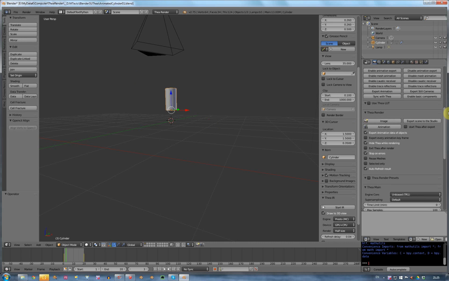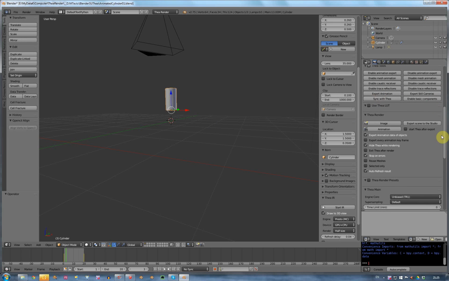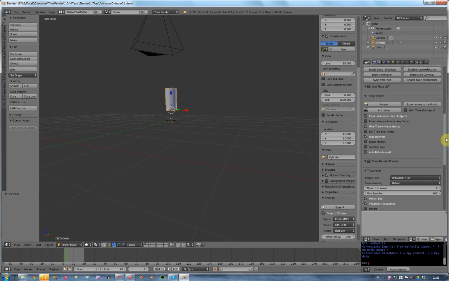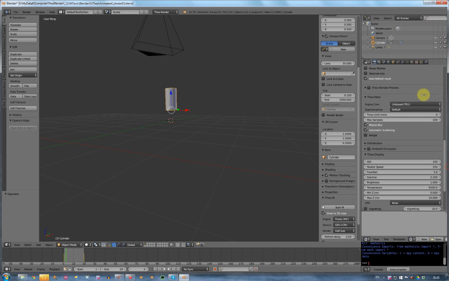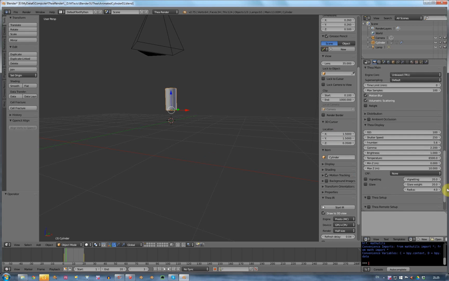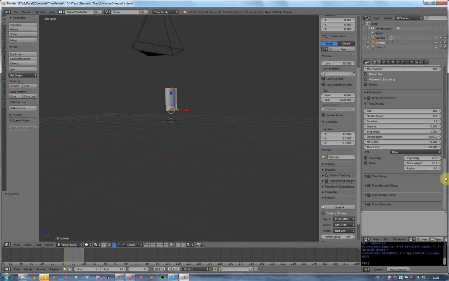Okay, we're going to export the animation, but not yet, because we're going to come down here, and I've set this for TR1 with 100 samples, again just to show that when we do this right, the final animation rendering is going to use that Presto MC with just 16 samples. All right, so Thea display we don't care about. Okay, it's down here. There are two